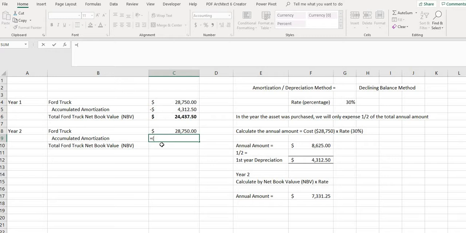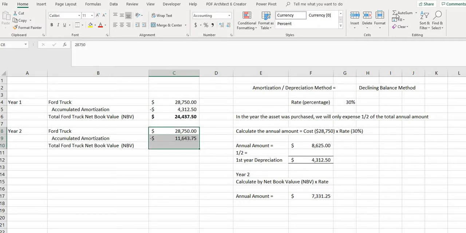It's good you're observing this because we'll be doing Excel as a second part of this course. So that's the first year amortization plus the second year. And because we want a negative value, it's times -1. All right, so then the total of our accumulated amortization after the first year and the second year becomes $11,643.75. And then that brings our net book value, in other words, the amount remaining yet to write off or expense, of